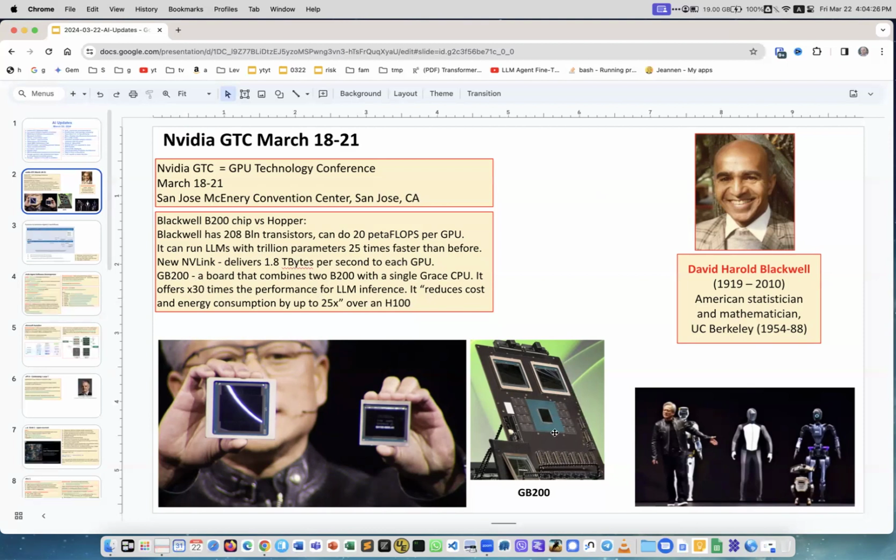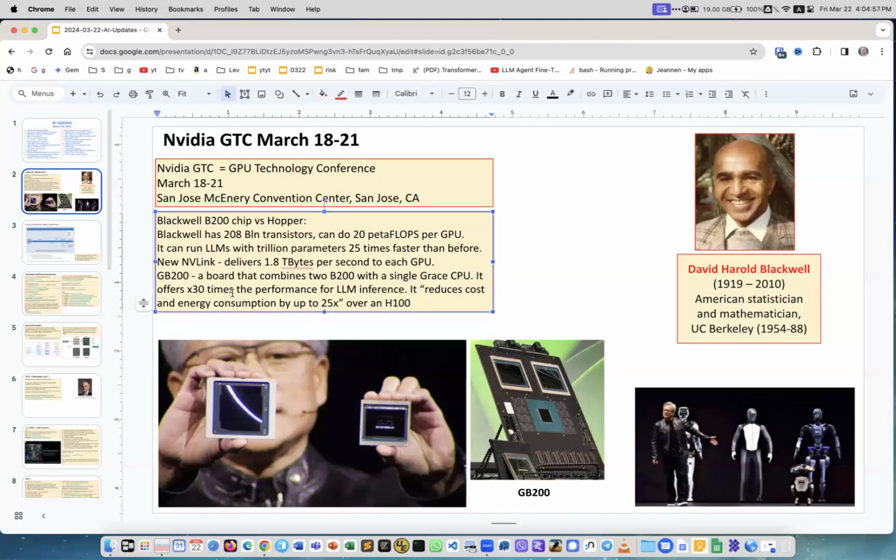And this is Grace. Grace Hopper was, well, a famous computer person, right. And NVIDIA created the Grace CPU and the Hopper GPU. So here we have the Grace CPU, and two Blackwell GPUs. And this board is very fast, and what they do, they now build